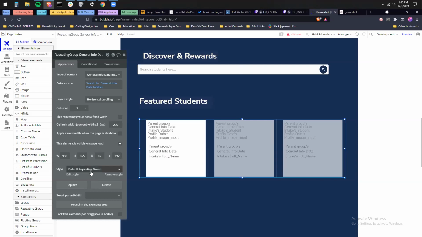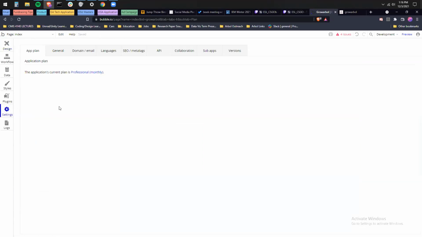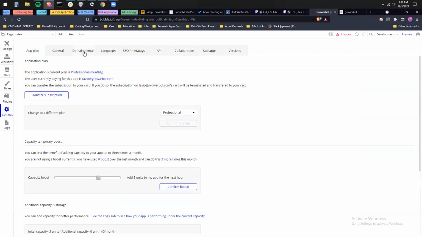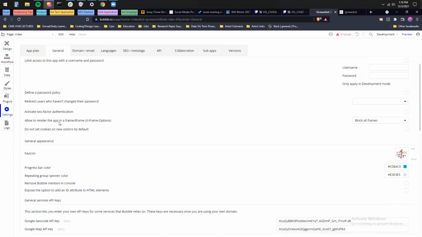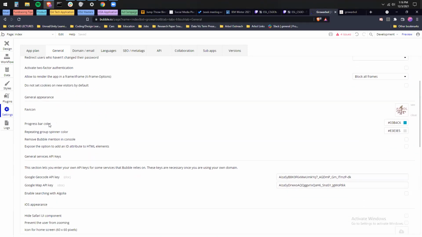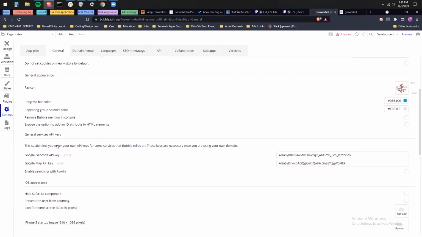And nope, you don't have it yet. So if you go into your settings, in general, there's the option to expose the ability to add an ID attribute to HTML elements, that one all the way over.